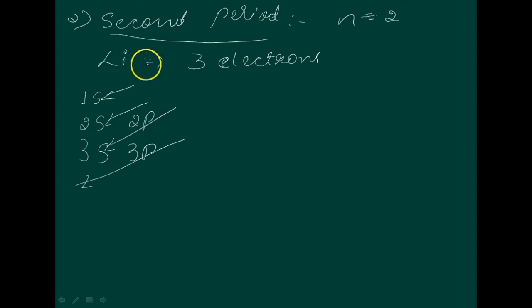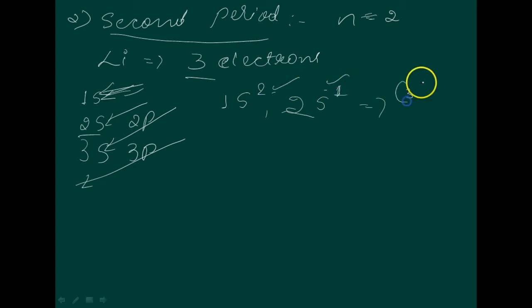Okay, so we want to fill the 3 electrons. Now consider 1s squared is filled. After this you have to fill, following the arrow as it is showing, you come like this. Next is 2s power 1, where 2 plus 1 gives 3. This is the 2 and this is the 1, which gives the 3 electrons. Okay, so this is the distribution of electrons in the second period. This is about lithium.